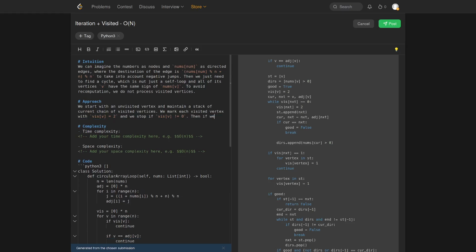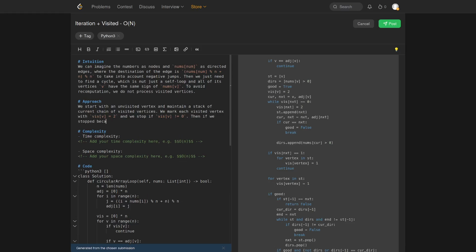Then if we stopped because of already visited vertex, we set